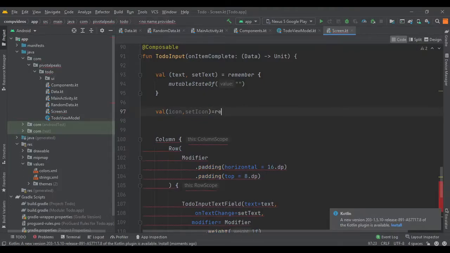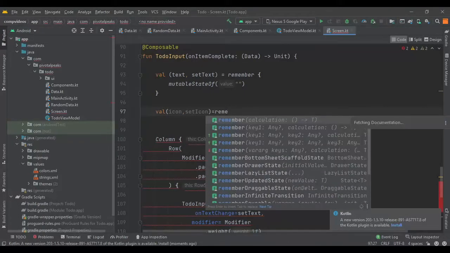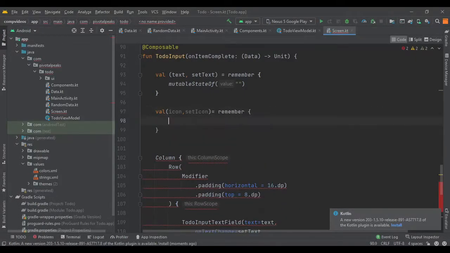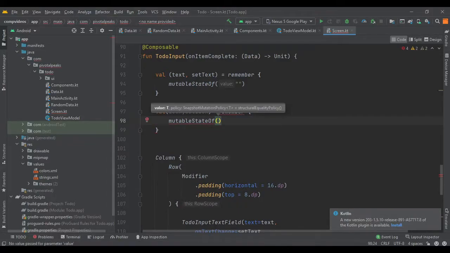And we are going to use the remember function same as above to hold the state of the icon, and we are going to pass the function mutableStateOf again, and inside this we are going to pass the default icon.